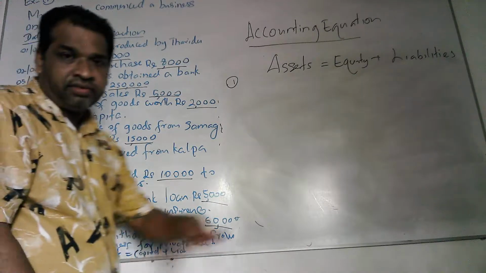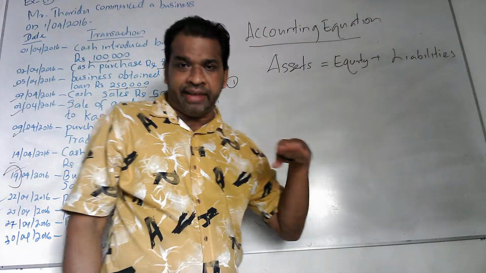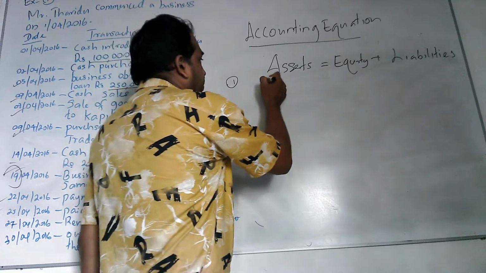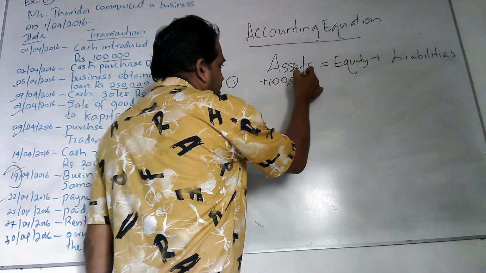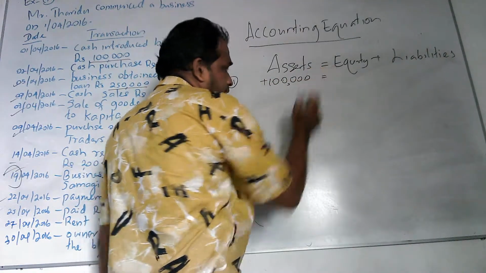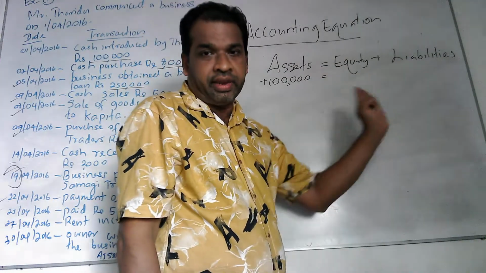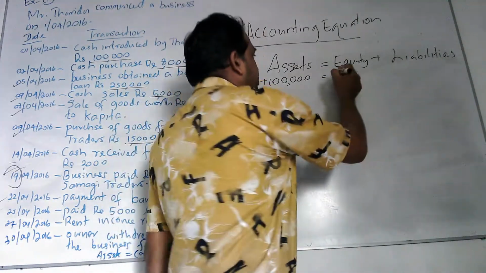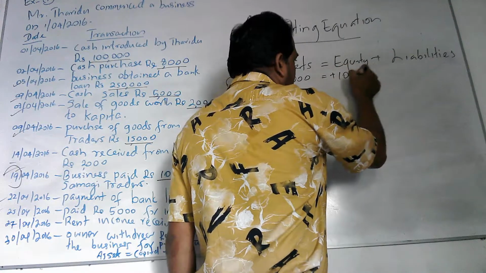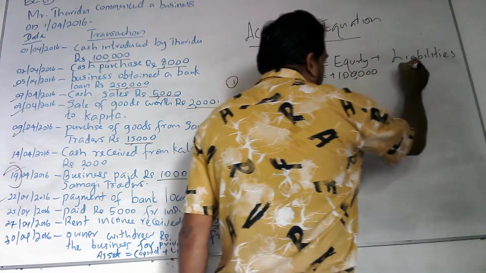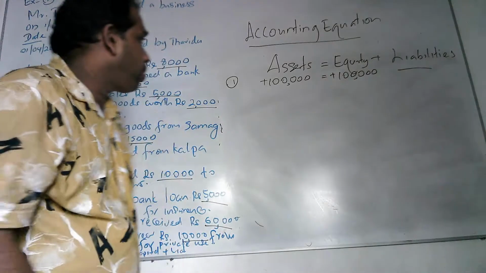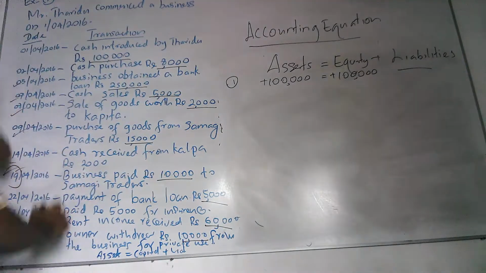Then cash comes to the business. It comes under assets. Therefore, plus 100,000. Equally, there is an increase in equity by another 100,000. Nothing will happen to liability. Second transaction